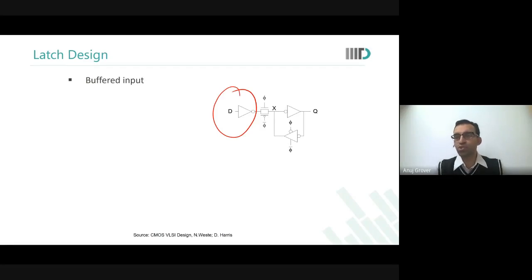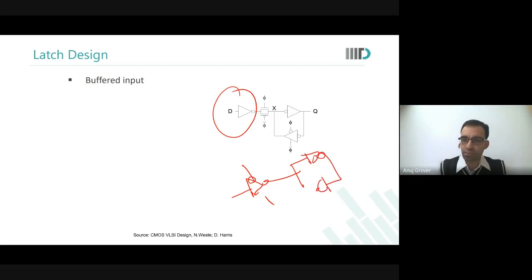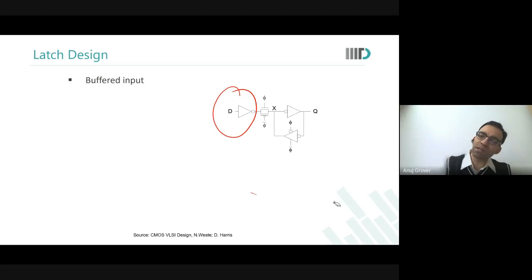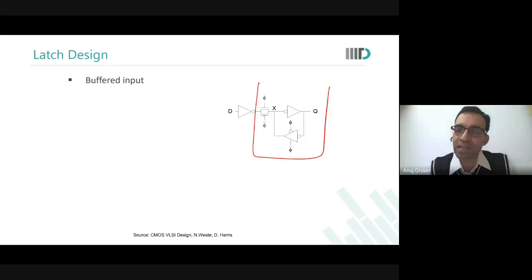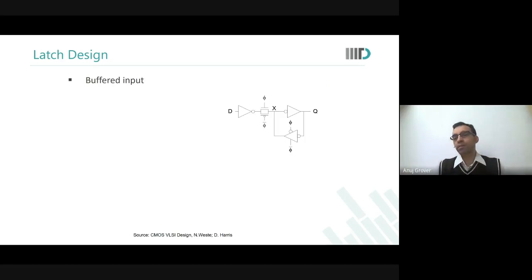But just to show, in practice you will see that this is very commonly used as a latch. That is what you will see in practice. But as I'm introducing the concepts in sequence, this looks more logical. Otherwise if I show you directly from the transmission gate to the tri-state, then you will get confused. Just add an inverter, you've taken care of the input thing also. Okay?